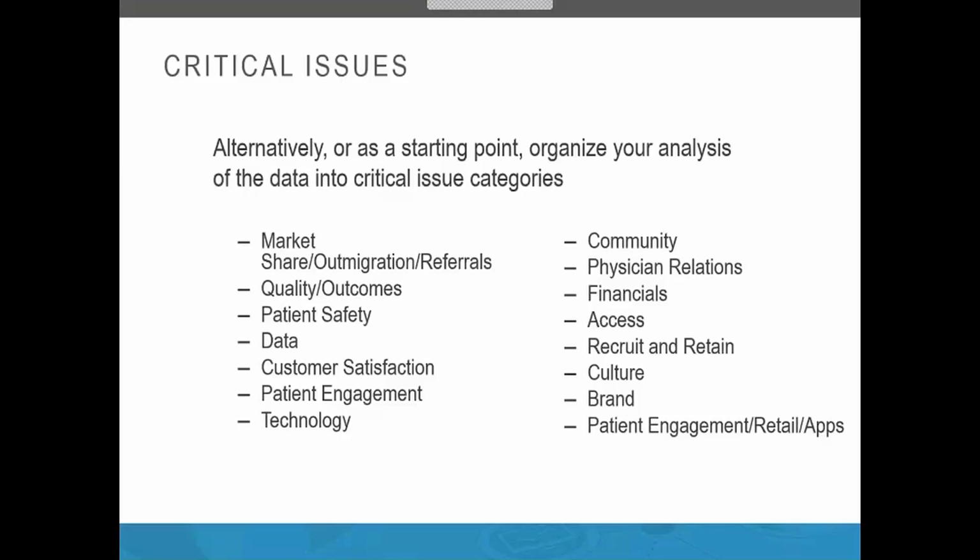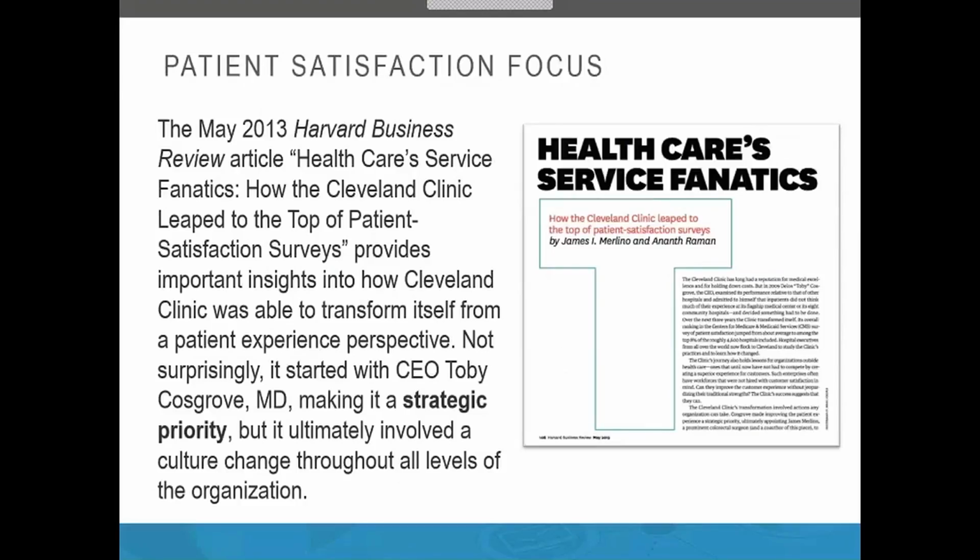So here's an example of a hospital that made customer service a priority. And it was the Cleveland Clinic. So prior to, I can't remember what year this is, but prior to, they did not have great customer service scores. So the CEO decided that customer interaction, patient satisfaction was going to be a strategic priority. And this is how most strategic priorities happen. They come from the CEO, commitment from the CEO. And now the Cleveland Clinic has jumped to the top of patient satisfaction.